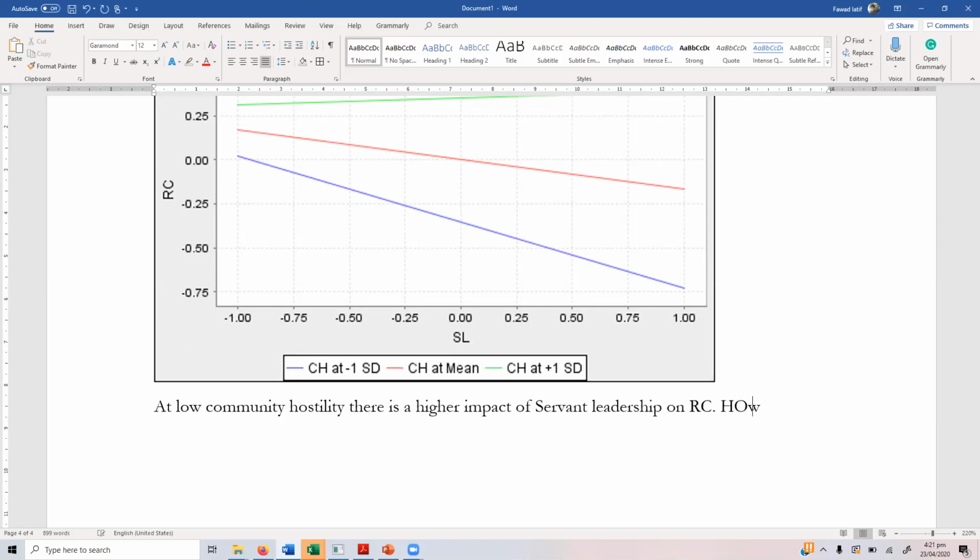However, increasing community hostility leads or dampens